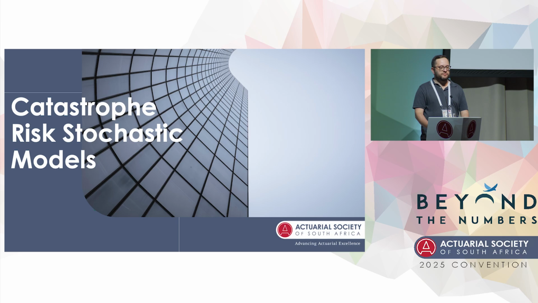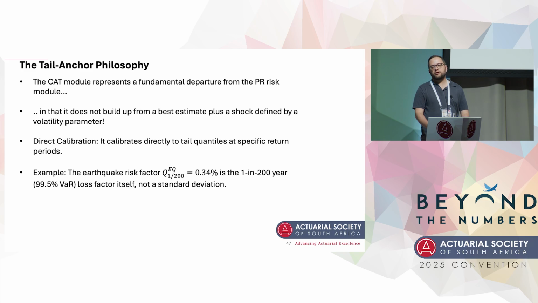And the last piece that we've been waiting for, or almost the last piece, is catastrophe risk. How can we model catastrophe risk? So in premium and reserve risk, we've got all of these beautiful statistical methods. We've got all of these parameters. All that we get for catastrophe risk in the FSIs is a tail quantile. So for example, for earthquake risk, you get a factor of 0.34% of your aggregated exposure, and that's meant to give you your 1 in 200 year